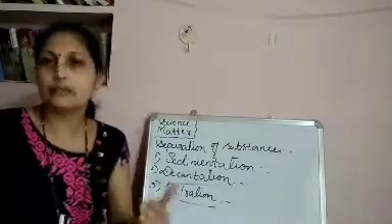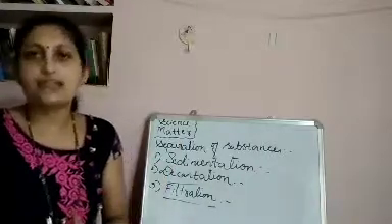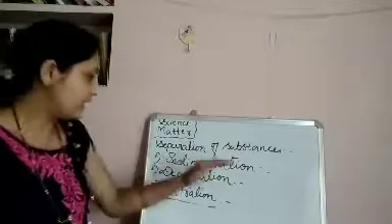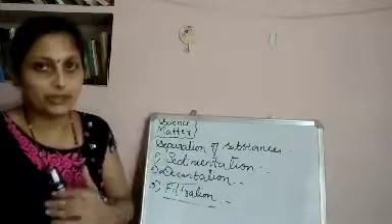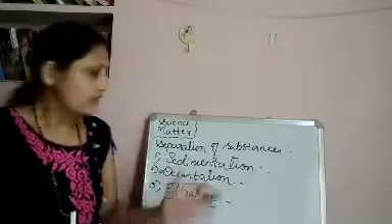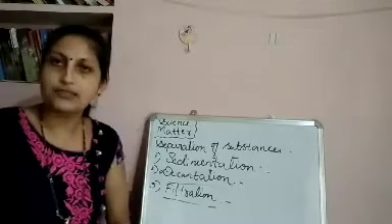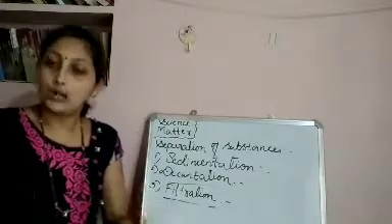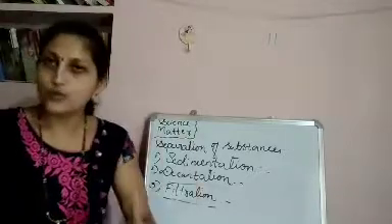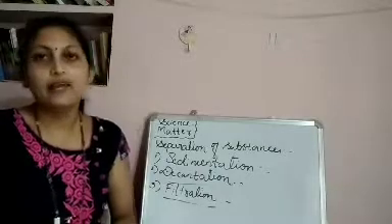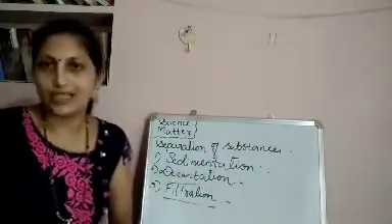Insoluble substances are separated by sedimentation, decantation and filtration, by following these three methods. So, I hope you have understood what soluble substances and insoluble substances are, and how they are separated from a solid liquid mixture. Go through the chapter once, read it twice, and whatever difficult words you come across in the chapter, study them. Thank you.